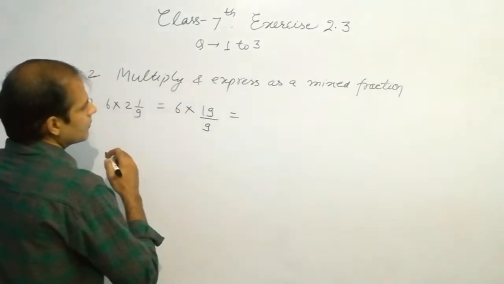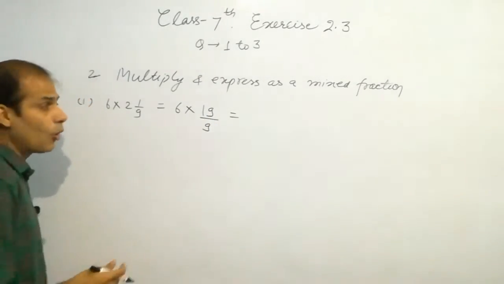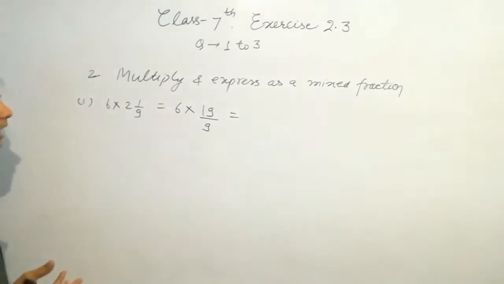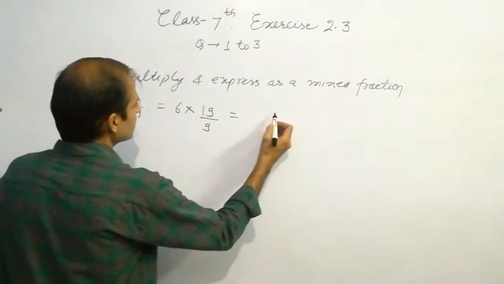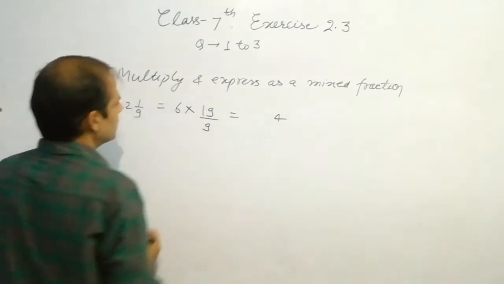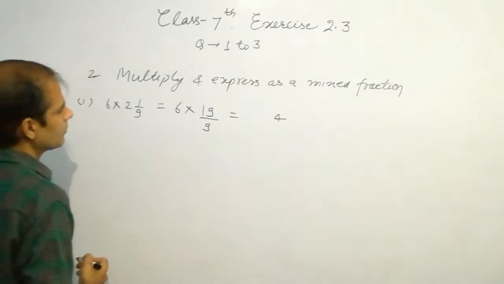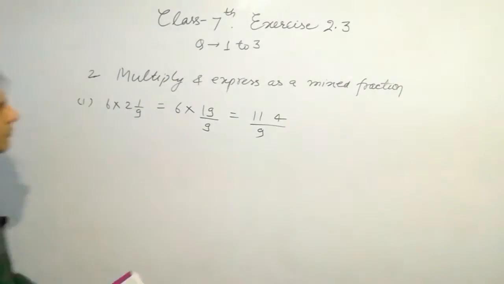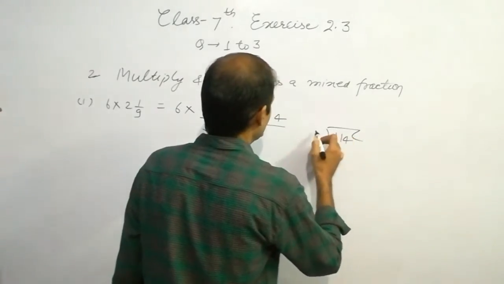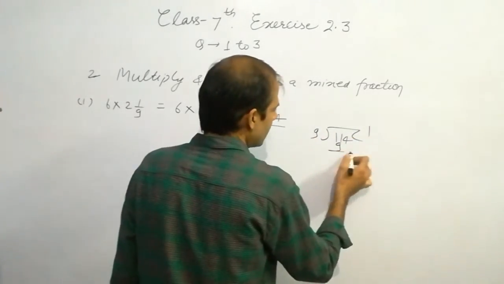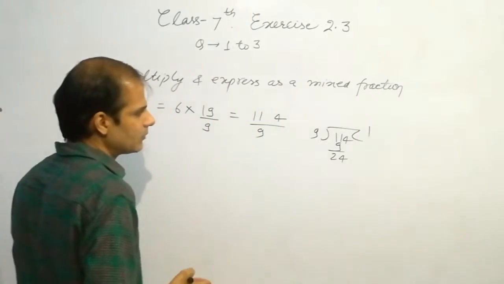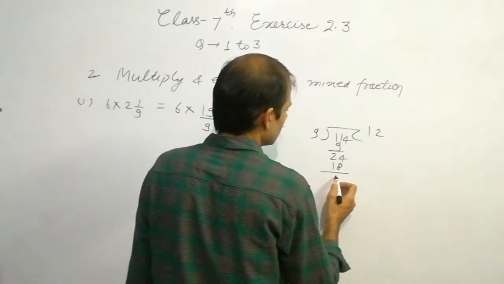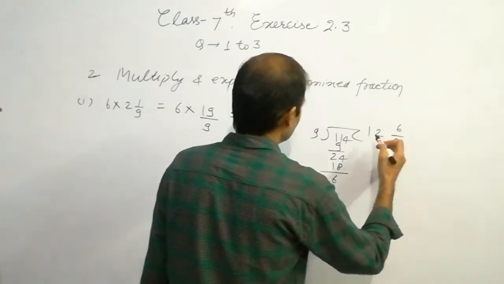Now you can see that it is 9. Then you can multiply 6 by 19, or you can cut both these numbers with any number. So you can take either of the approaches. 19 6s, 6 9s are 54. So it is 114 upon 9. Now the division. So divide by 9, 9 1s are 9, 2 remainder, 4 is copied, and it is 9 2s are 18, so it is 6 remainder, 12 and 6 upon 9.